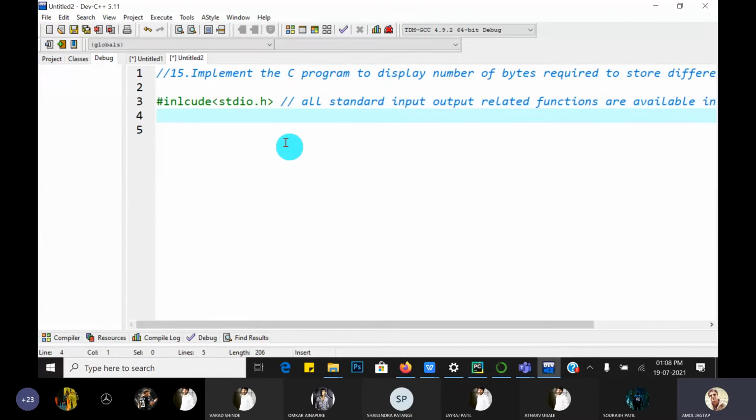Okay. So all the standard input output related function definitions are available in the stdio.h header file.